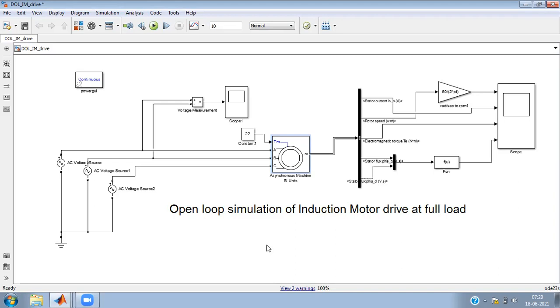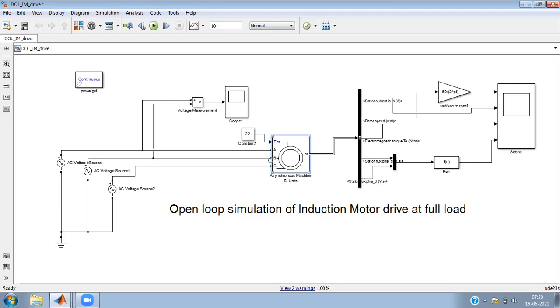Often the rated flux of an induction motor is not specified. So this is a very easy way: you run the motor at full load with rated voltage and frequency, and you will have rated flux. So you can also use this to measure the rated flux.